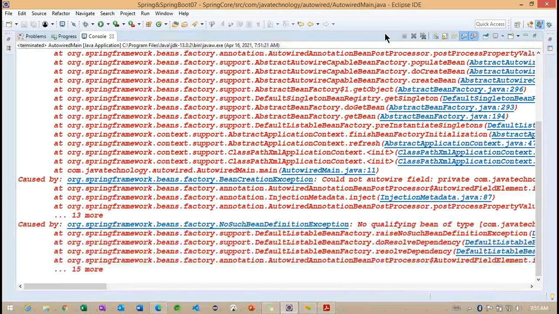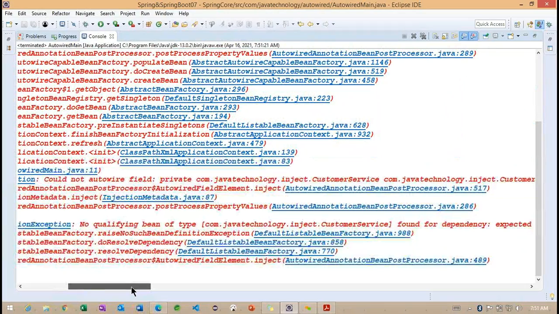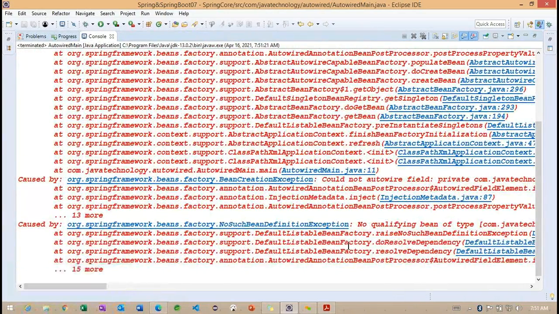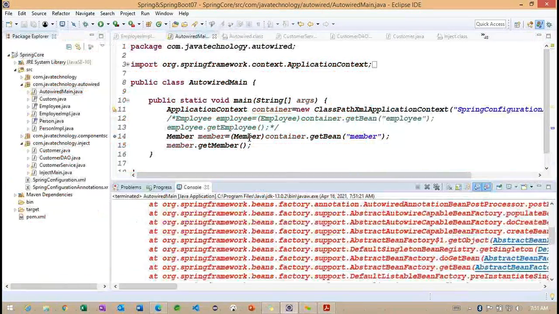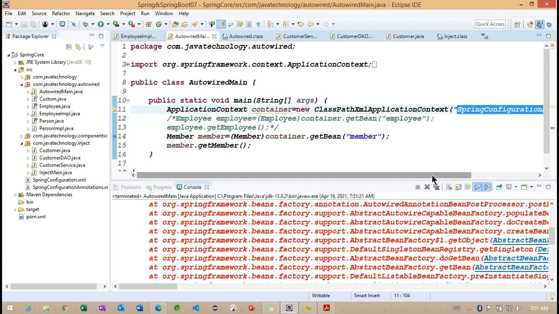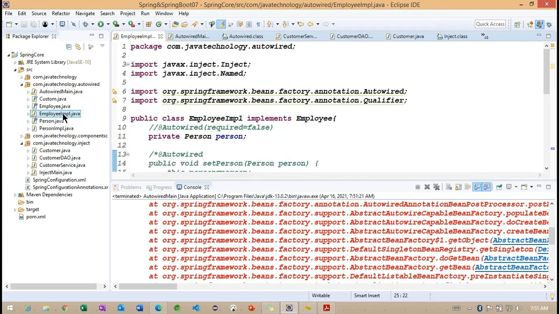So what happens internally? Okay, basically we are getting the customer service here. Got it. So we need to change the configuration file here. We are working on the Spring configuration annotation, but here we need to change this particular member, where we provided the member information.